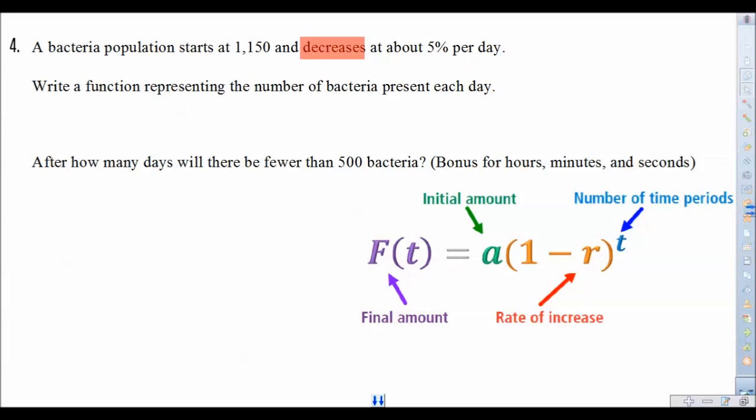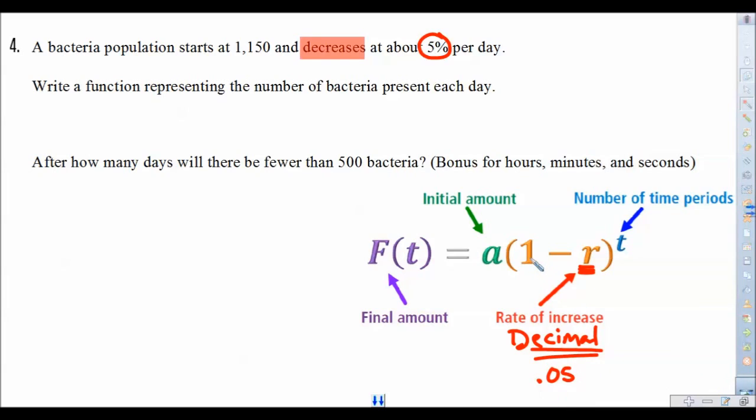Just like so. Now, the other part where students really goof up is when you are dealing with those decrease situations, and when we're decreasing at a rate of 5%, that 5% needs to get inputted here. So don't forget about taking 1 and subtracting the 5%. And remember, you can't put a percent in there. It's got to be a decimal. Okay, so 5% as a decimal,